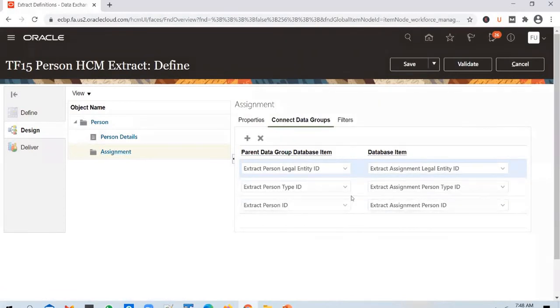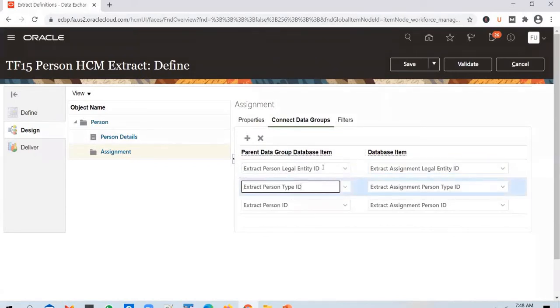Okay, so there are three join conditions that are auto-generated. So for the employees that we have in this instance, we don't have a legal entity ID or a person type ID populated properly. Okay, and again, for you to link a person and assignments, just the person ID will be sufficient. So you don't need these additional join conditions.